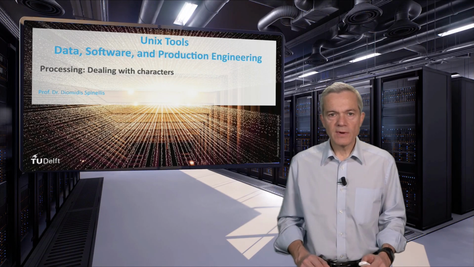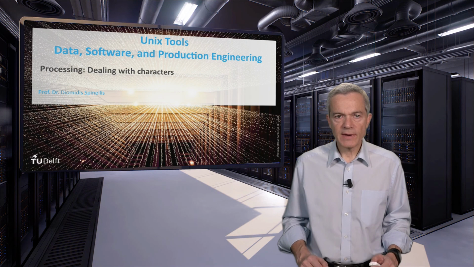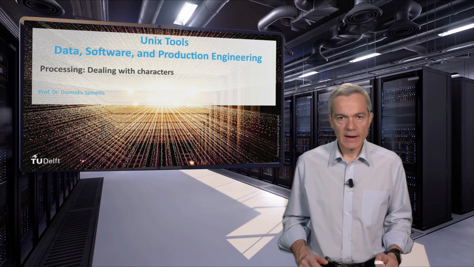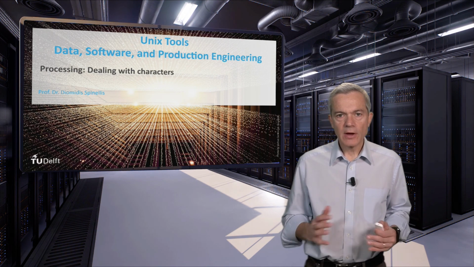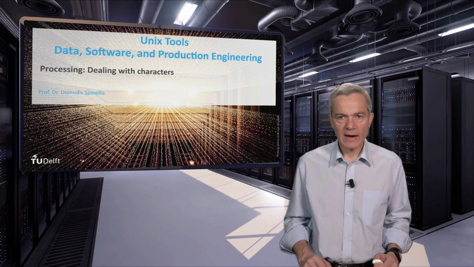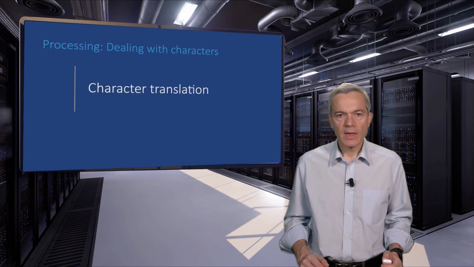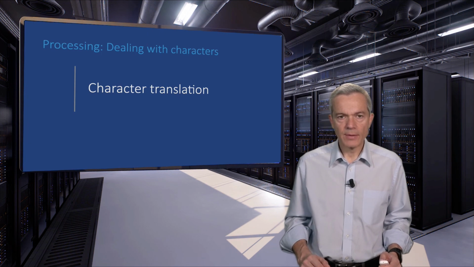In this unit, we will see various commands that can manipulate text at the level of characters, namely, map one set of letters to another or securely encrypt a file's contents. The tr command allows us to map one set of characters into another.